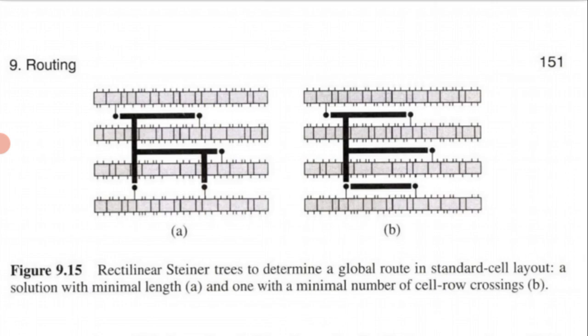Here it will obtain a wiring pattern roughly which interconnects all the terminals of the nets, amounting to constructing a minimum rectilinear Steiner tree. This figure 19.15a shows a 5 terminal net. We know there will be 5 black dots, that is the 5 terminal net shown in this figure.